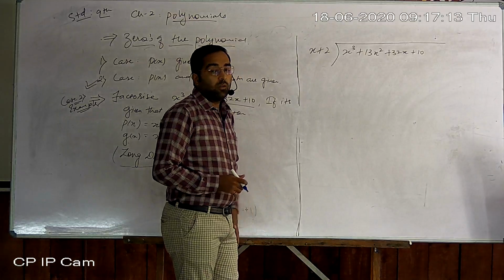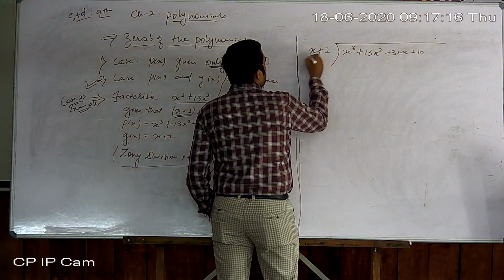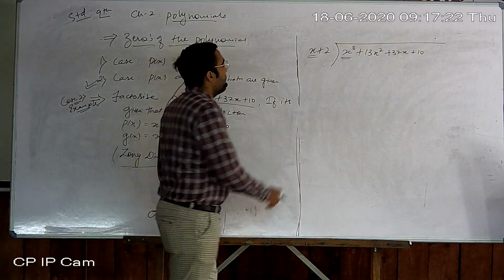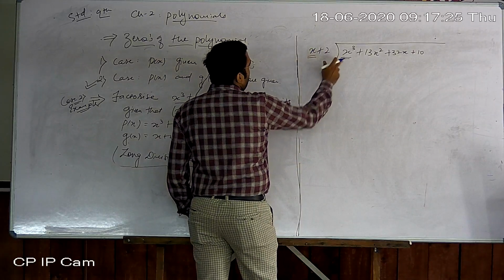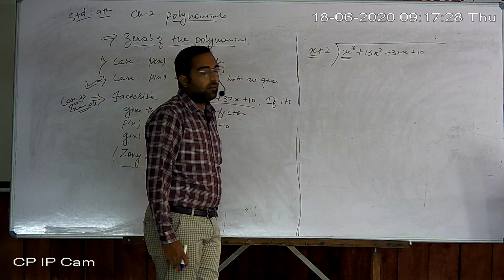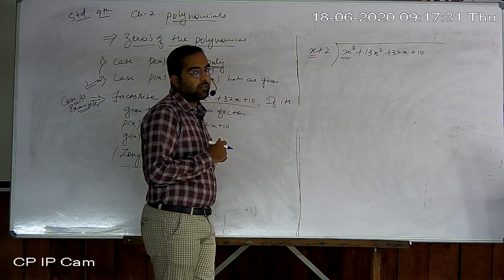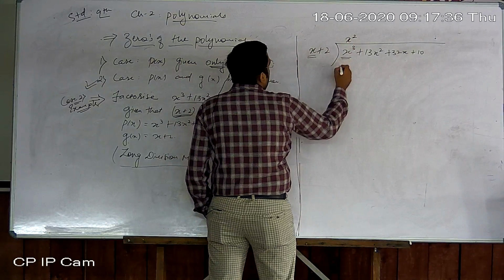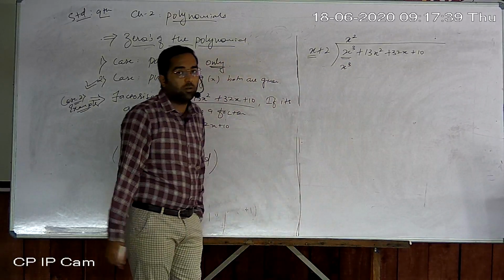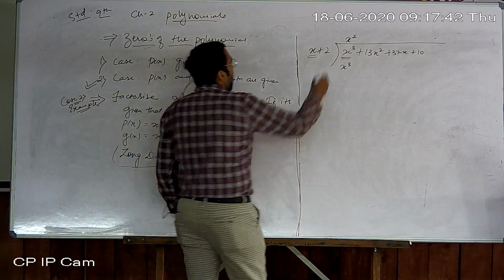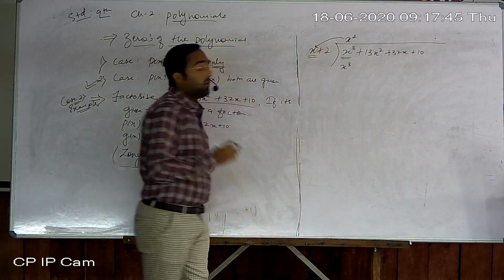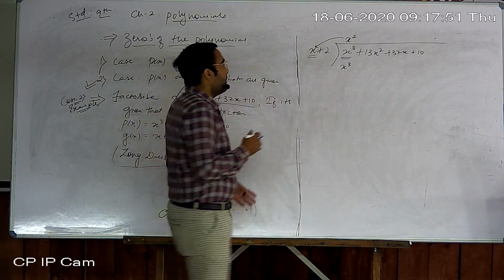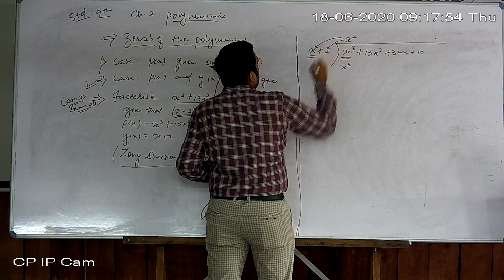Now in this method we compulsorily start with the first term. Which term do I multiply with x to find x cube? That is x square. So I multiply x with x square to find x cube. Now I multiply x square with x cube, and x square with x, for that I find x cube. Now multiply x square with the 2 also.